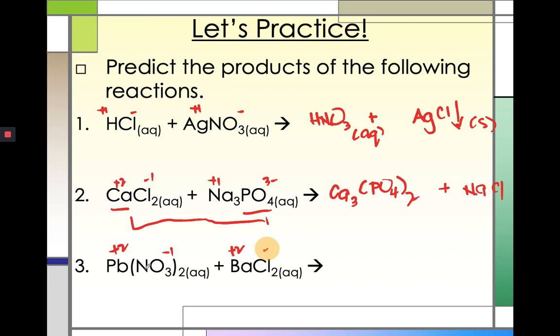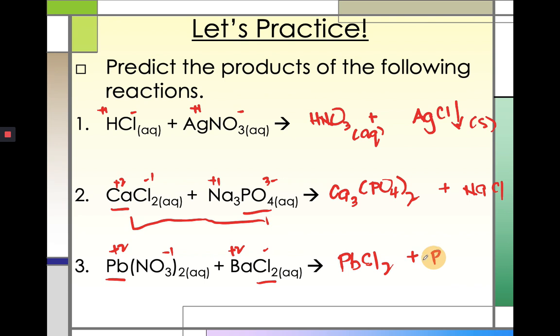So what happens here is the metal bonds with the non-metal. So lead bonds with Cl. Since the charge of lead is 2 plus, then we can have the formula PbCl2, since the charge of chlorine is -1. If you crisscross and disregard the sign, it becomes PbCl2. And then, since the charge of barium is 2 plus